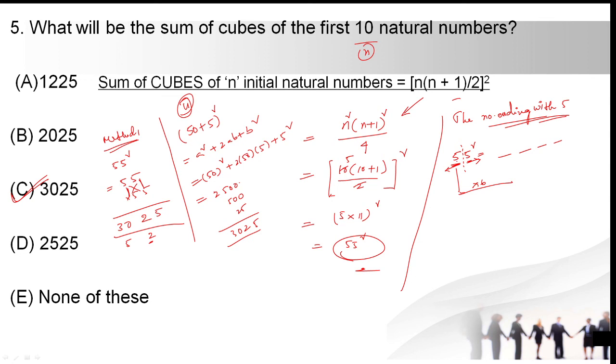Now tell me, what is 5 6s? 30. We need to write that 30 in the first two digits, and this 30 should be followed by the square of the one's place value, that is 25. Got the same? Okay, I'll give you one more example for this. 65 square. What is 6 sevens? 42 followed by 25. You can check. 85 square. What is 8 nines? 8 nines are 72, followed by 5 square, 25. So this is the way to solve the squares of the numbers ending with 5.